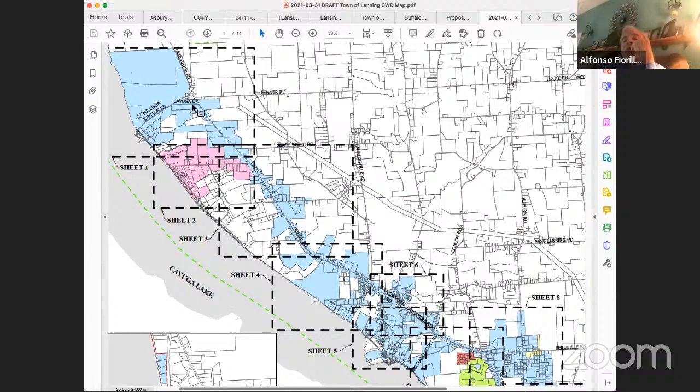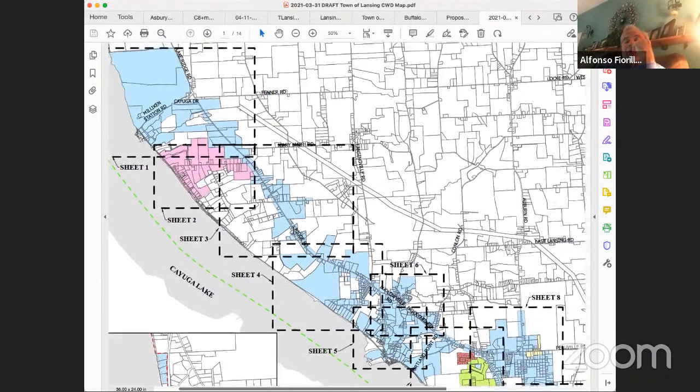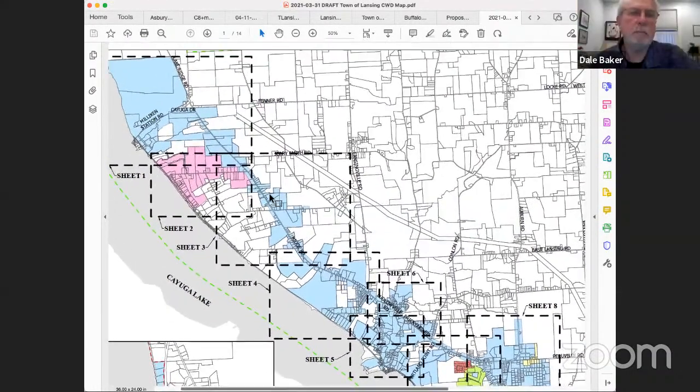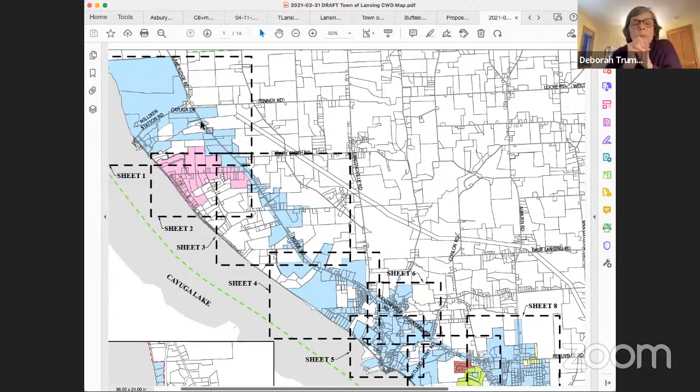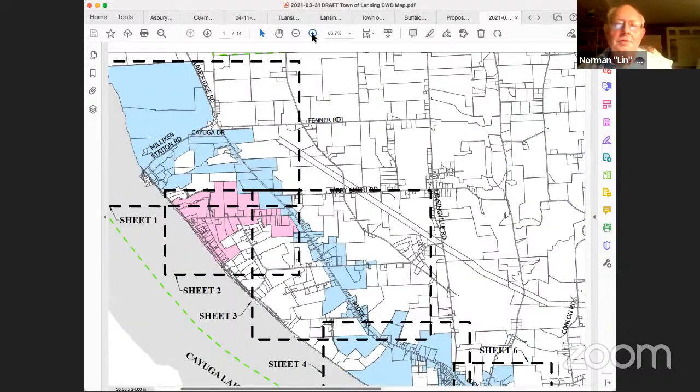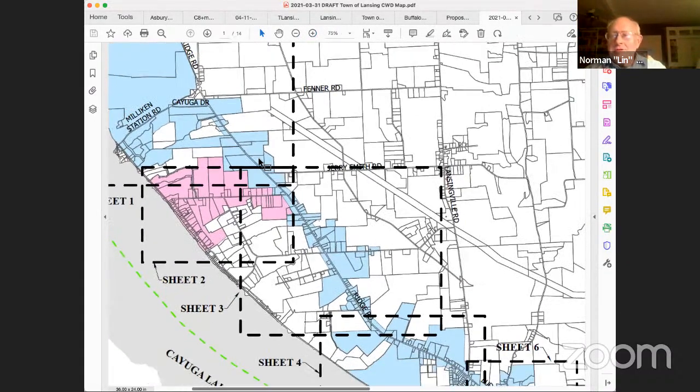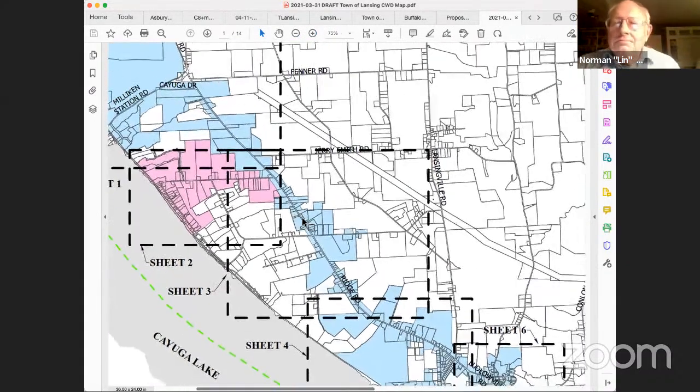Aaron or Dale, what do you think? What's your opinion on that? I think on the right side of the road going up, or the east side, there should be more RA. I'd agree with that, because it pretty much is now. Yeah, so make it a blanket 300 feet, or parcel. Dean was in the middle of the 300-foot show.